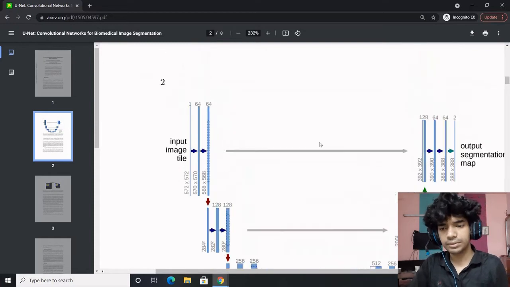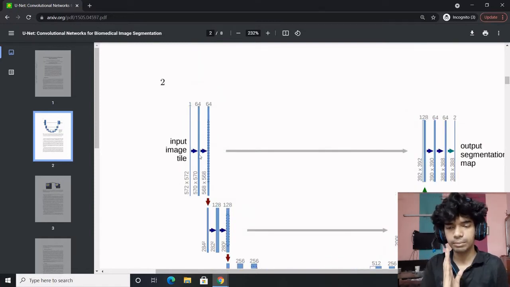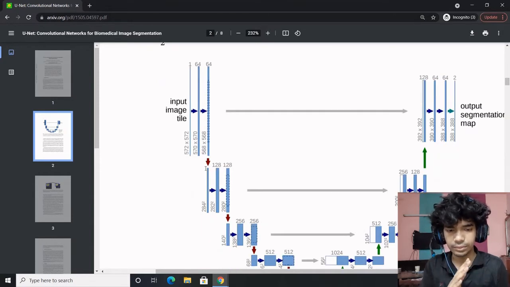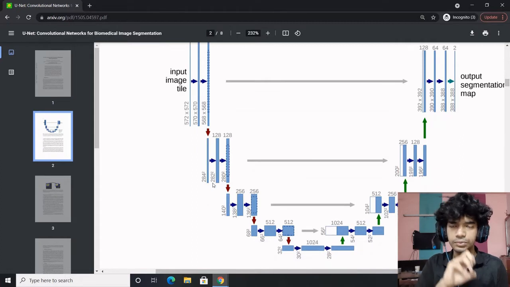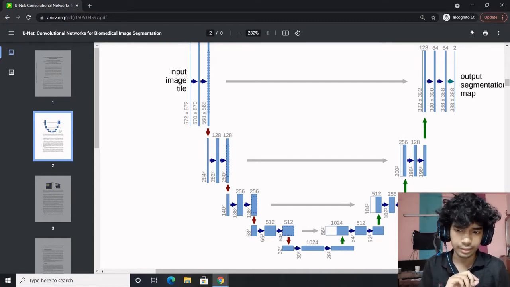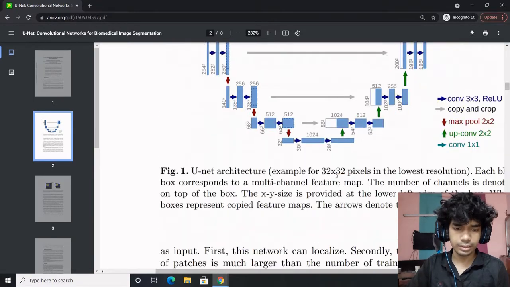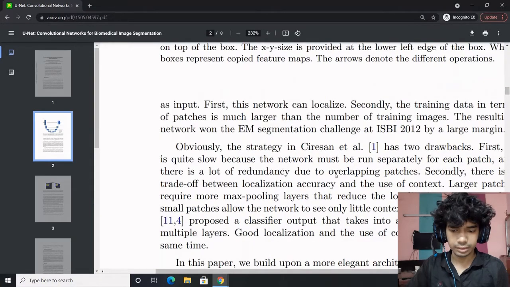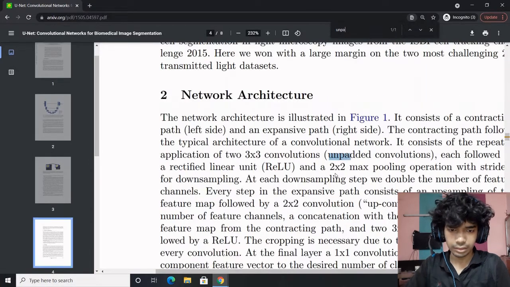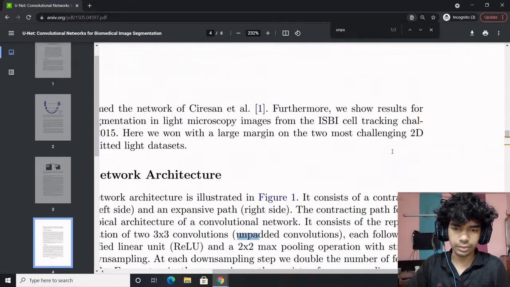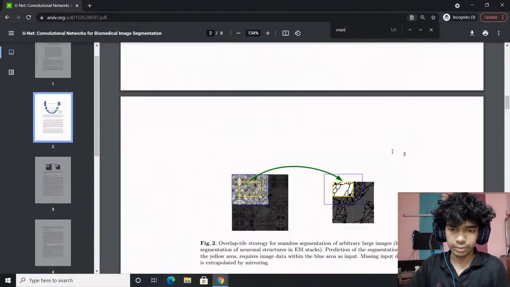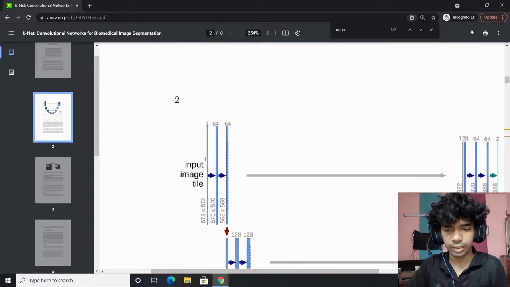One thing I would like to share: this is how the architecture is. This is your input image. This is a convolution layer. This arrow is a convolution. Then it goes through down max pooling, which is used for decreasing the size, and nothing much else. The convolutions are unpadded, I guess. Unpadded convolutions, 3 cross 3. So let's implement. I think once we begin implementing, things will get clearer.